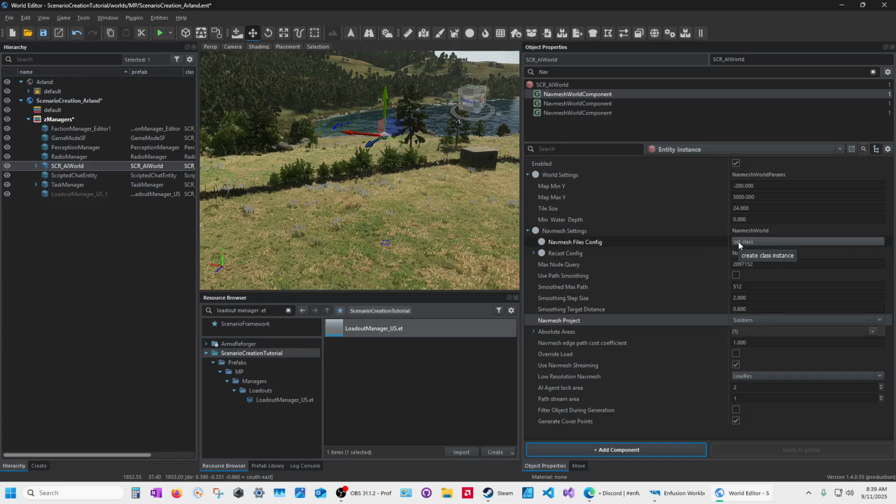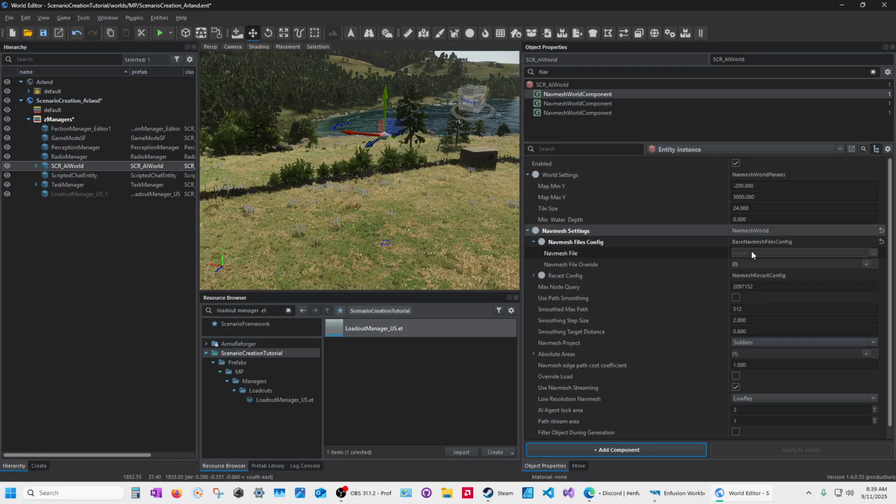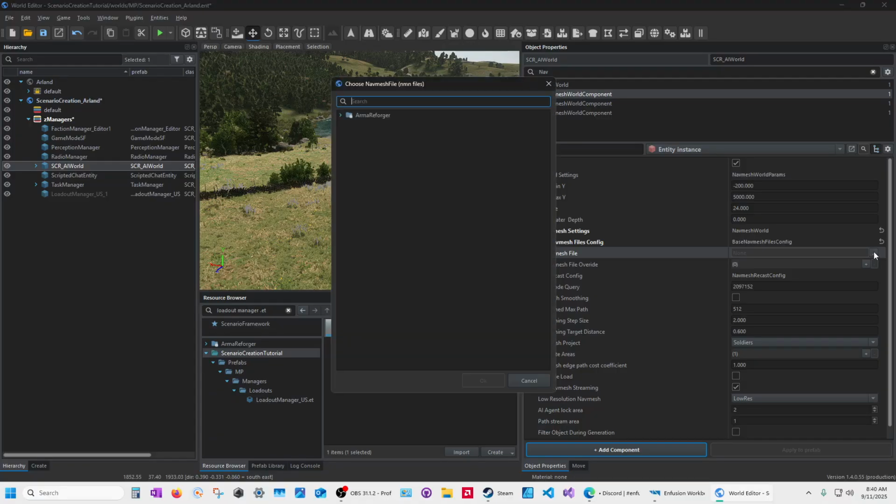So you click on set class, and it creates a thing called nav mesh field, and it puts a field in there called nav mesh file, and then another field called nav mesh file override. Okay, we're only concerned with the nav mesh file, and it gives you the 2 dots, which is the browse. So you click on those 2 dots,